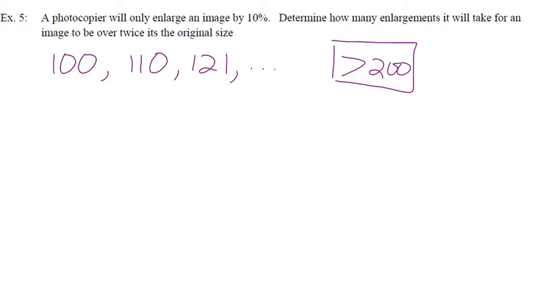So T1, this is the original, which is T1. This is one enlargement, which is T2. This is two enlargements, which is T3. So if we find out that it's T10, how many enlargements will that be? Be 9 enlargements, right? Because we need to make a connection between this number and this number. Well, T2 is one enlargement, T3 is 2, T4 will be 3, T5 will be 4, T10 will be 9,